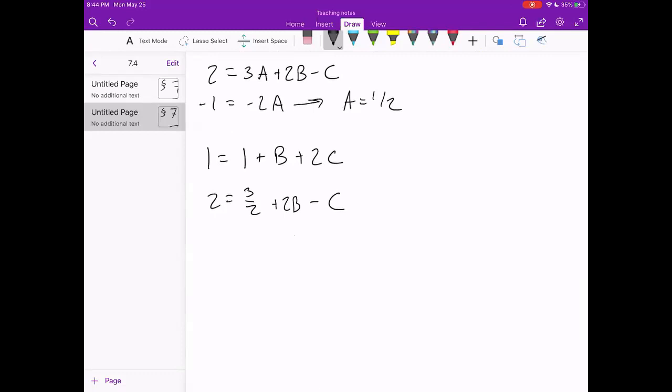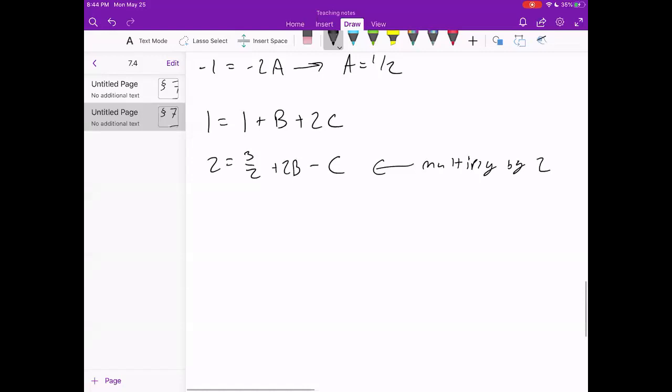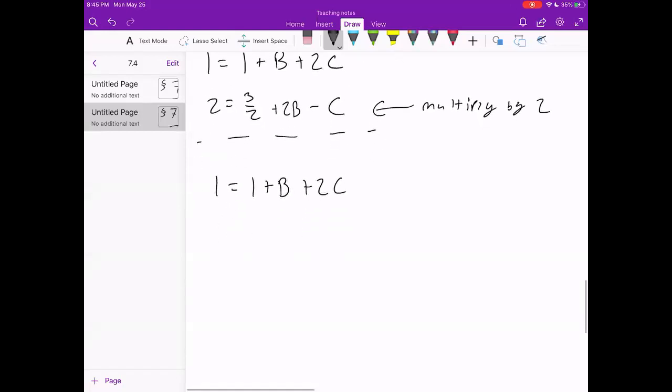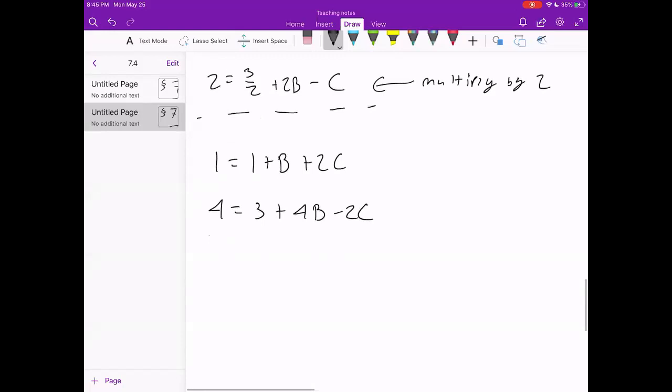Now what I can do is, if I look at these equations, let's multiply this equation by 2. And we'll see why in a second. So if I do that, my two equations are now 1 is equal to 1 plus b plus 2c. If I multiply both sides of the second equation by 2, I'm going to get 4 is equal to 3 plus 4b minus 2c. The reason I've done that is now if I add these two equations term by term,